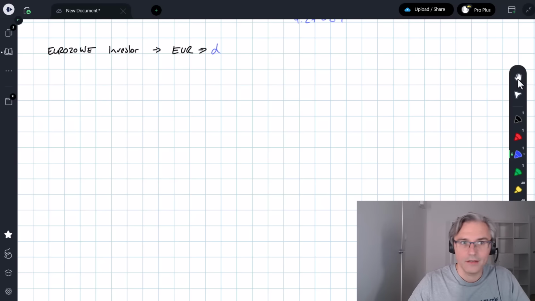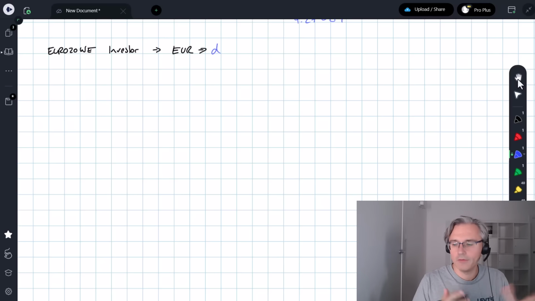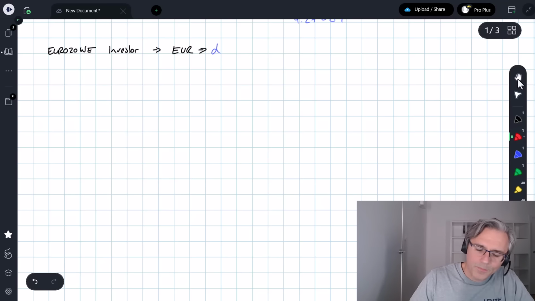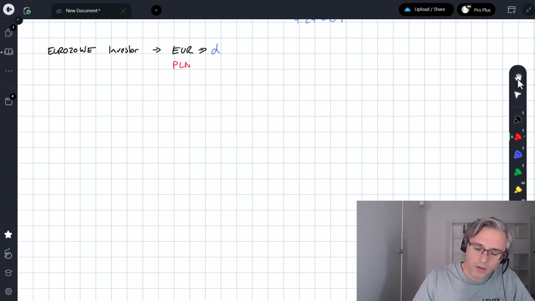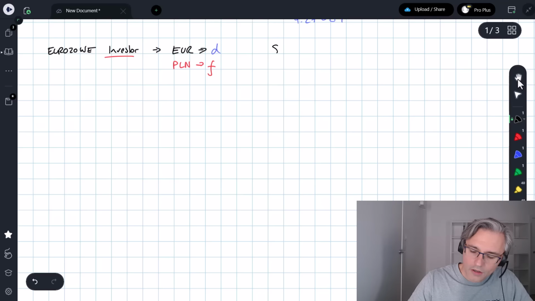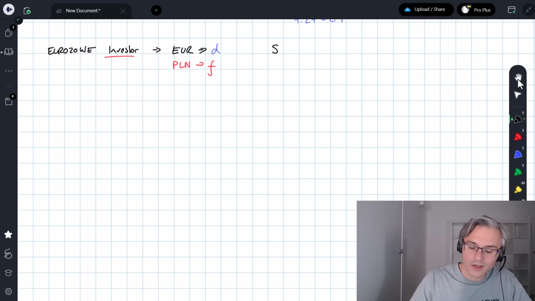So D is going to stand for the domestic currency from the point of view of the investor, right? And let's stick to my home currency. That's the Polish zloty, the PLN. But from the perspective of the Eurozone investor, that's going to be a foreign currency, F. Now, the exchange rate, the spot S exchange rate between the foreign currency and the domestic currency. In other words, the exchange rate of the PLN to the euro